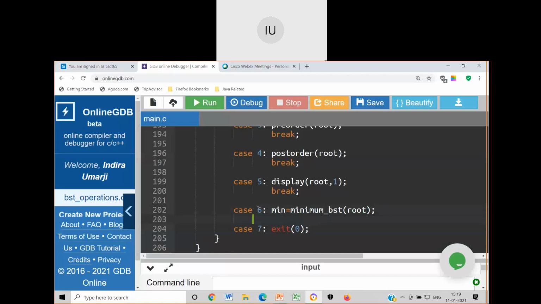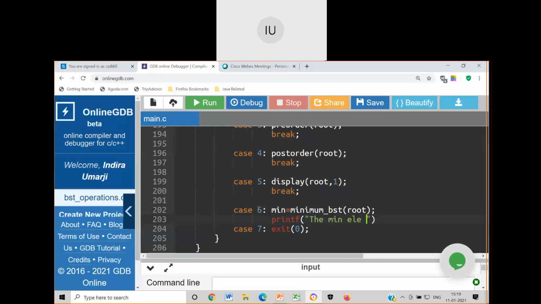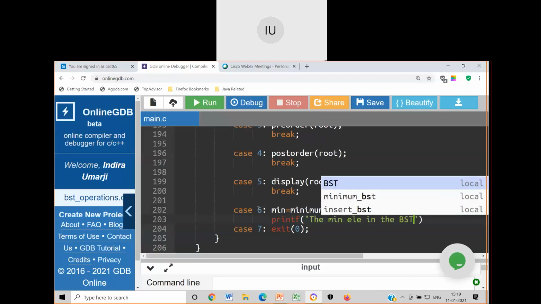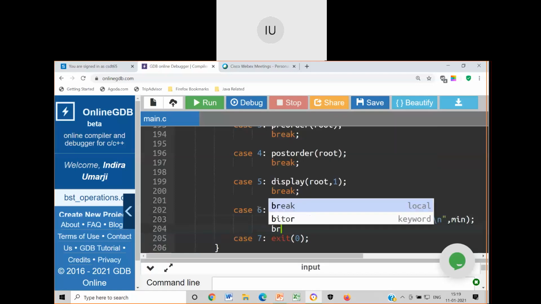Then printf "the minimum element in the BST equal to %d\n", min, and break.